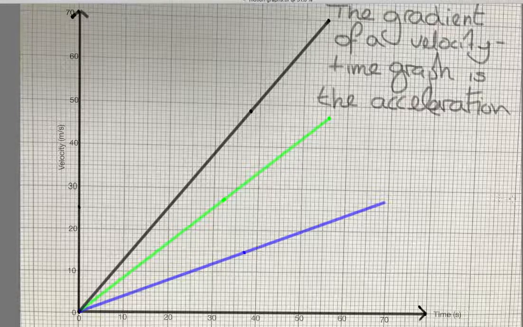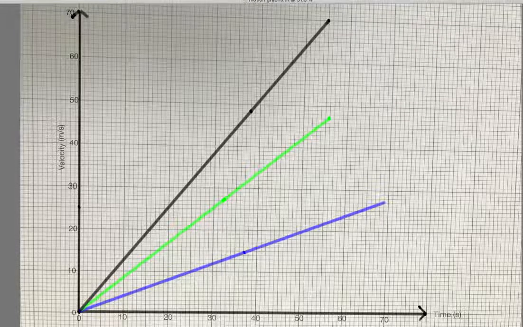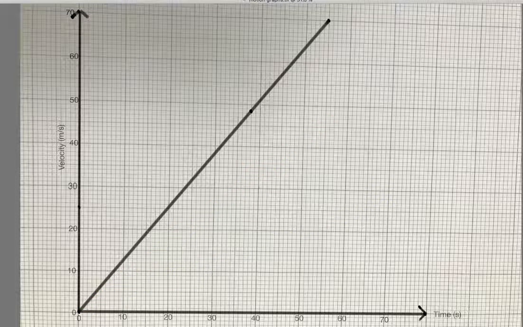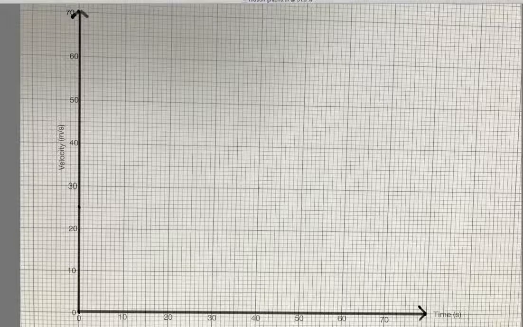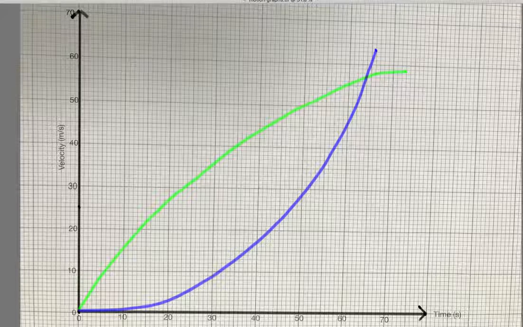So that's all very well, but what if we don't have a straight line? What if we have a curve? So let's look at a curve. If this was a displacement time graph again, we can see that our displacement, if we take our green graph, is increasing, but the rate of increase is getting smaller, and then it's leveling